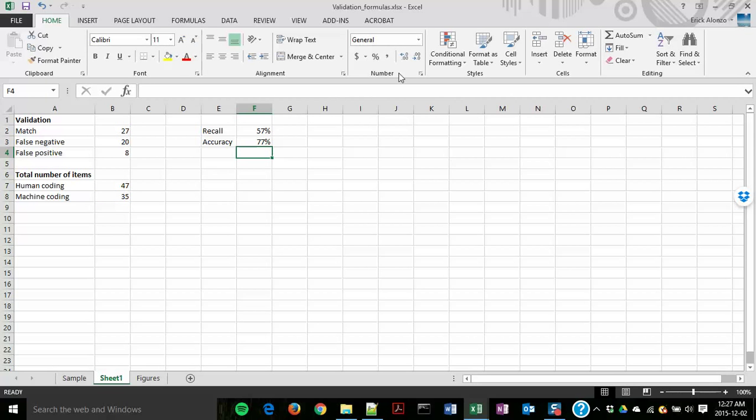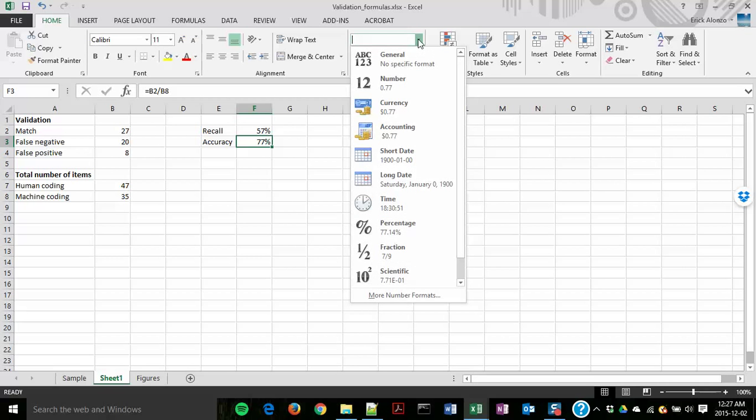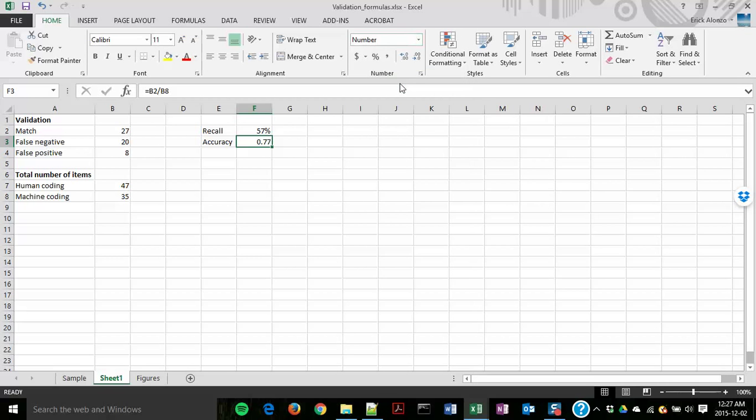have numbers. Make sure that it's under the percentage. Sometimes, especially at the beginning, you're gonna have a number, right? Sometimes that's what you may get, but that's okay. You can just switch it to a percentage by clicking on the percentage sign. Right, so now you have your human coding, your comparison to the machine output,